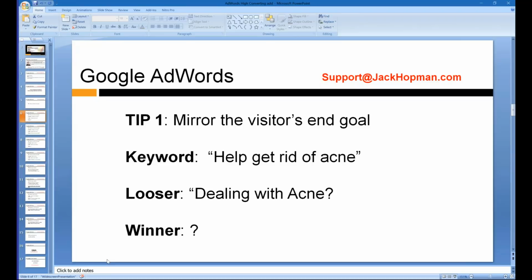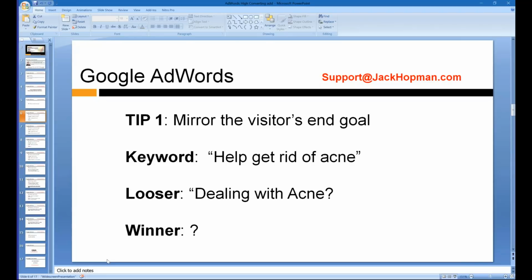The loser deal is dealing with acne, because you just put a question mark on the search term. That's what you learned, correct, Julian and Jeroen? That is not bad. It's not the best. And you want to get trained as an expert, as the best, correct?